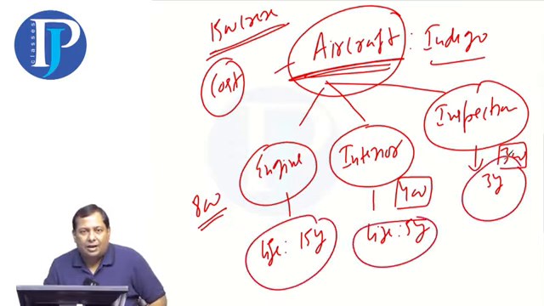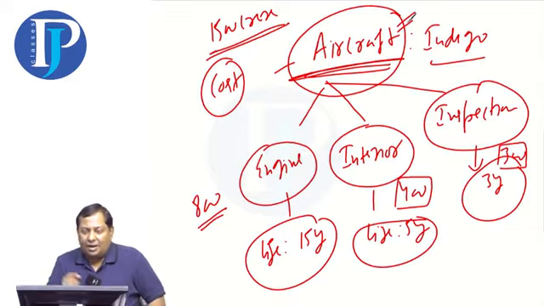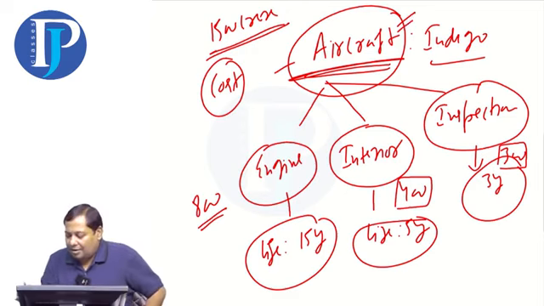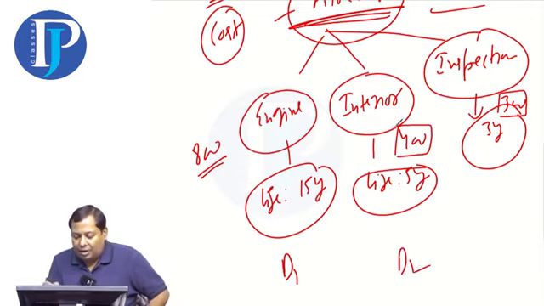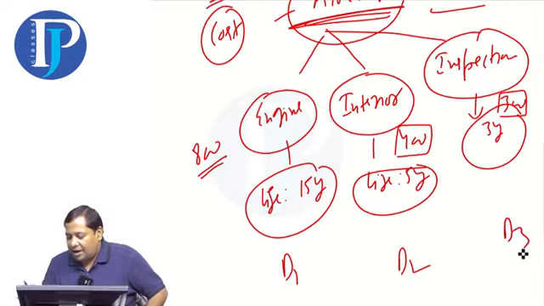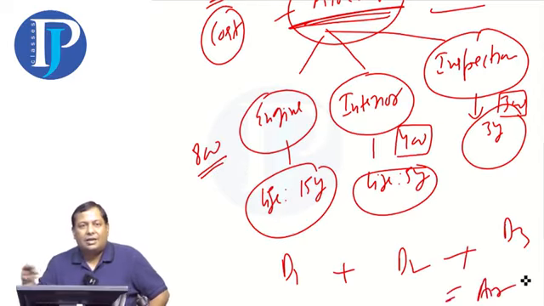If lives are different, then depreciation will also be different for each one. So if I need to calculate the depreciation of the aircraft, then it will not be calculated on the life of the engine. The depreciation of the aircraft will be calculated based on the life of its components. I will calculate one depreciation by dividing by 15, another by dividing by 5, and another by dividing by 3. Then I'll add these three values and tell you that this is the depreciation of the aircraft.